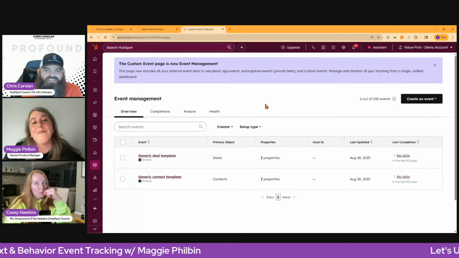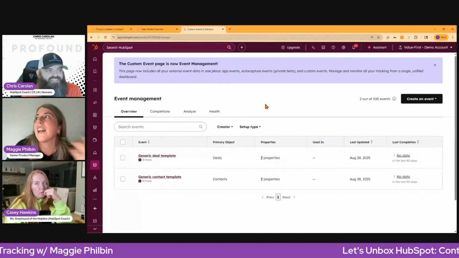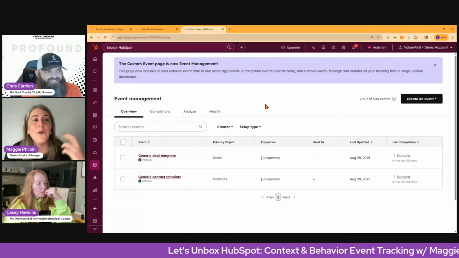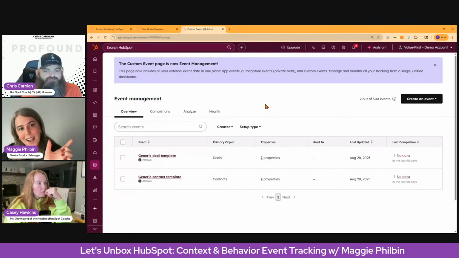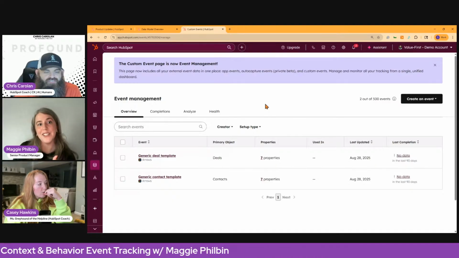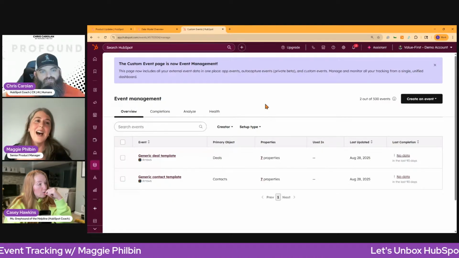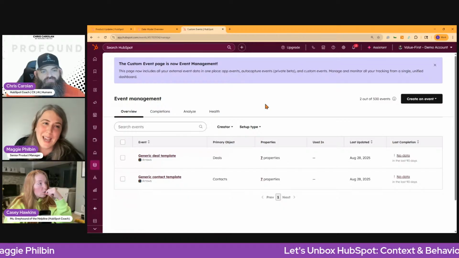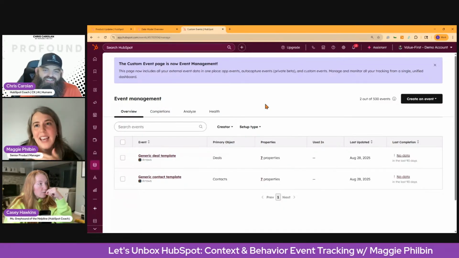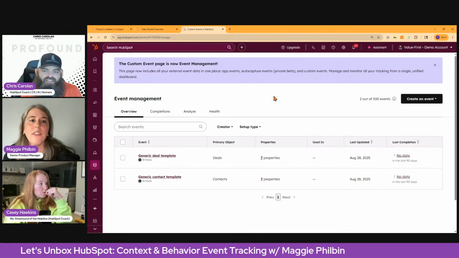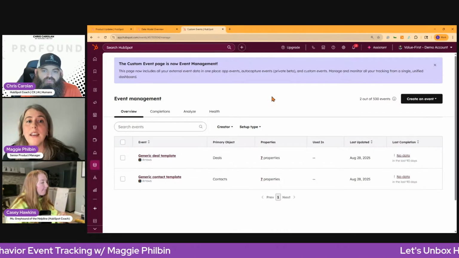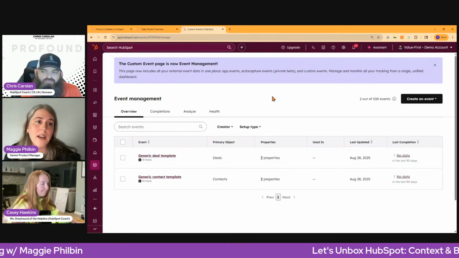Yeah. So this is actually a really funny example. Part of that announcement is an announcement for app partners too, to say, hey, your data that was just visible on the timeline is now visible in a lot more places across HubSpot, and you might want to make some changes to make that data more useful. We're looking at one of those examples. Unfortunately, I can't show you an account that has data I've looked at before, but you can see these are events that Arrows sends to the deal timeline and the contact timeline.